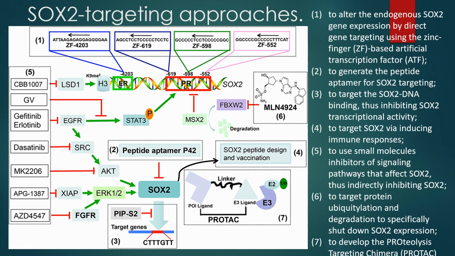The fifth one is to use small molecule inhibitors of signaling pathways that affect SOX2, thus indirectly inhibiting SOX2. Sixth one is to target protein ubiquitination and degradation to specifically shut down SOX2 expression. And the last one is to develop proteolysis targeting chimera, PROTAC,